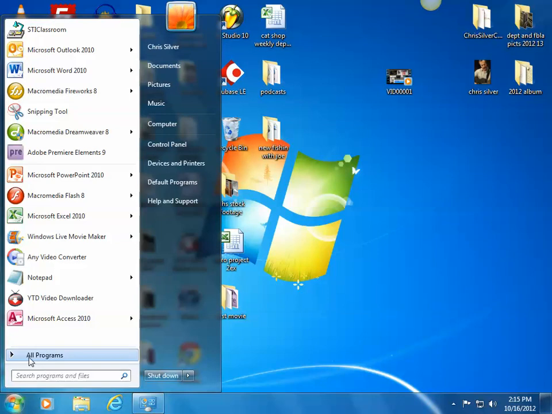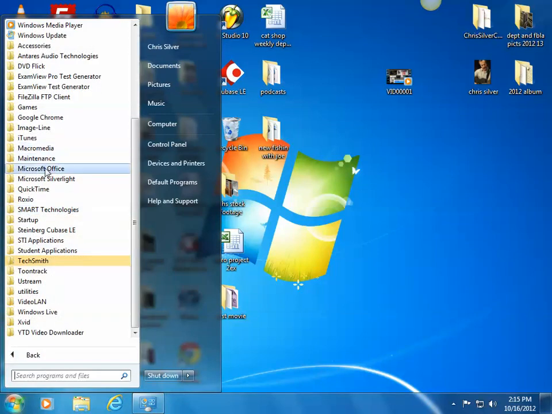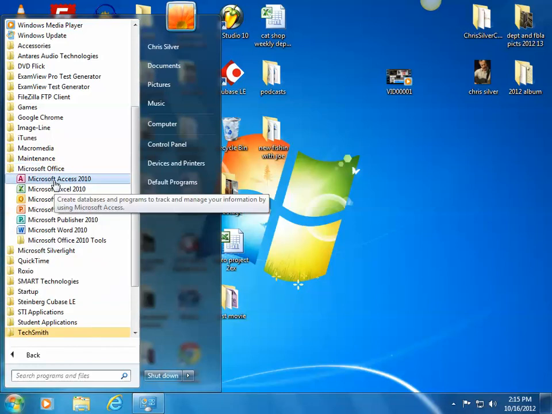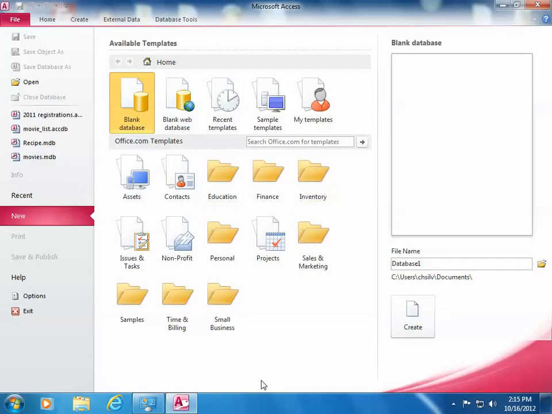First thing we're going to do is go to our Programs menu and find the Microsoft Office folder and click on Microsoft Access. We can either open an existing file or create a new database. We can use templates from office.com or from our home menu, or we can just choose a blank database. In this exercise, we're going to develop an address book, which is a fairly simple activity using Access, but it gives us an idea of some of the key parts of a database. So we're going to go to blank database,